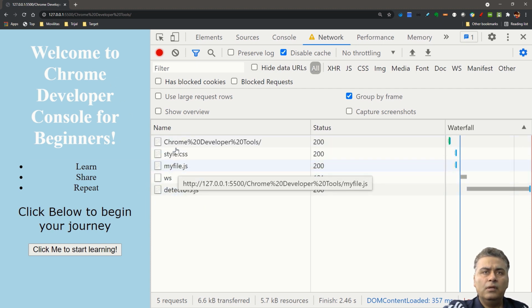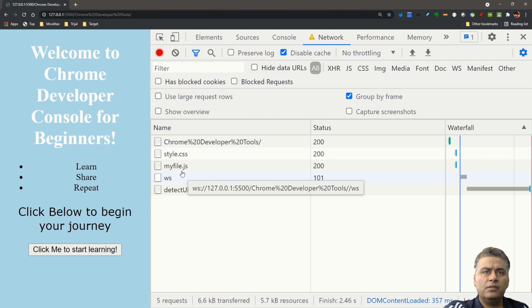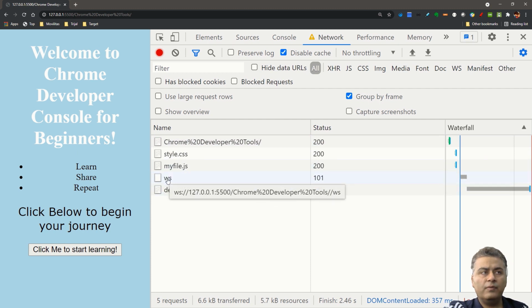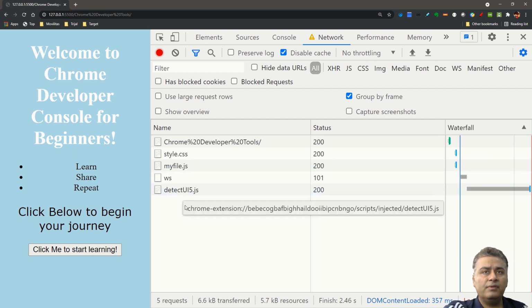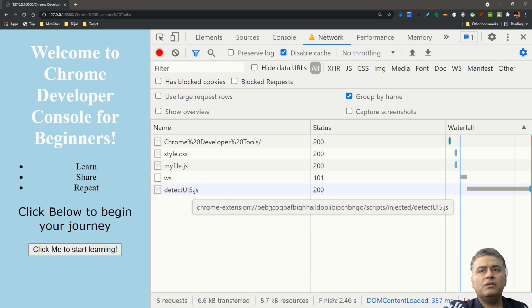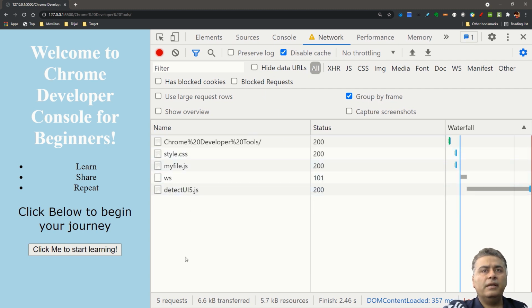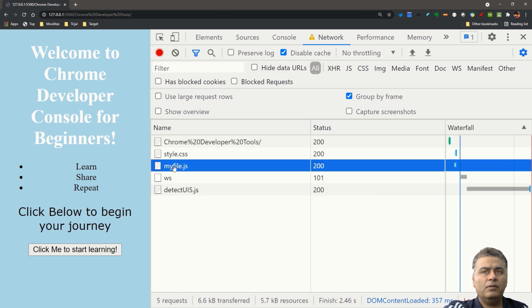So you can see there is a style.css, my file, there is a WebSocket because of live server, and there is a UI5 one that you can ignore. So these are the different files which are loaded, and you can look at them. For example, if you click on this,